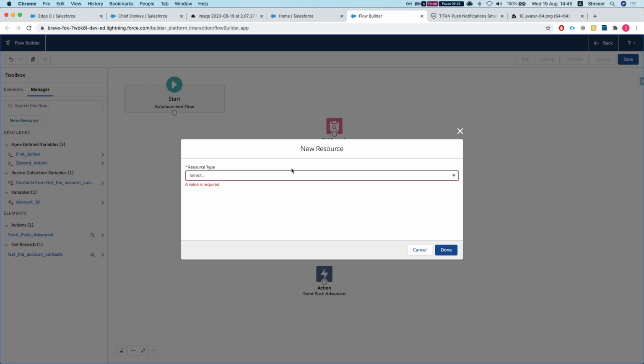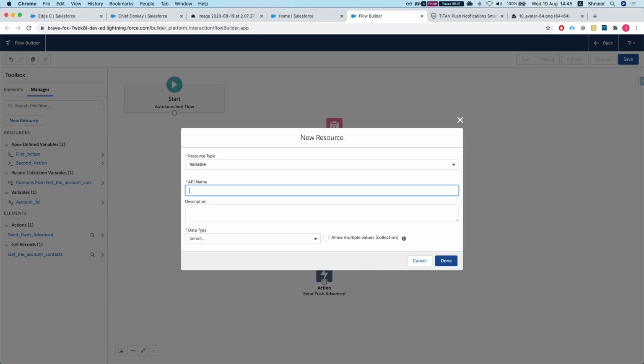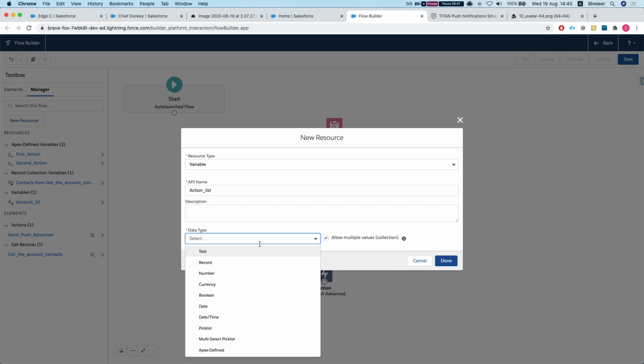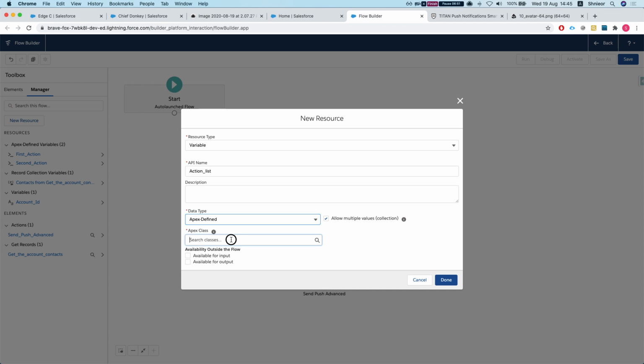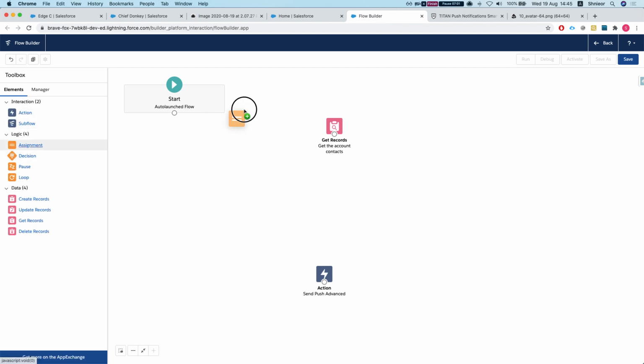Now we're going to head over and do the same thing again. This time we're going to do action collection. So we'll do action list, and we're going to say allow multiple values, collection, and what we're going to say is Apex-defined, and again our notification action structure. We'll hit done. Now what we want to do is assign these values. So we're going to head over to elements, and we're going to say assignment,